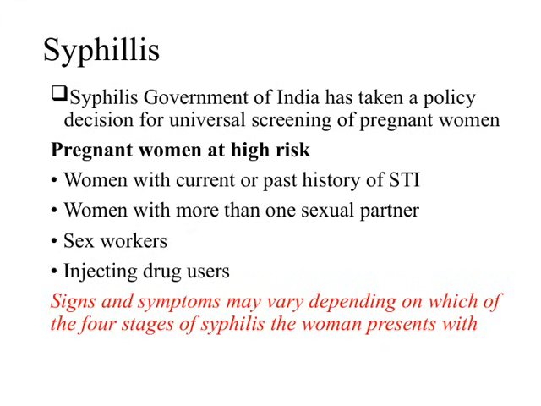Now, when we talk about pregnant women at high risk, we're referring to those who might be more vulnerable to infection. This includes women with a current or past history of sexually transmitted infections, or STI. It also covers women who have more than one sexual partner, as this increases the risk of exposure. Additionally, sex workers and injecting drug users are considered high-risk groups because of their higher likelihood of encountering and transmitting